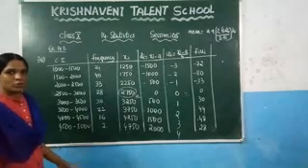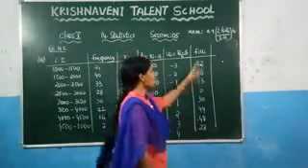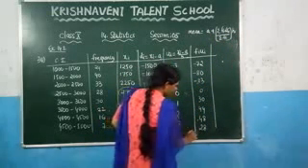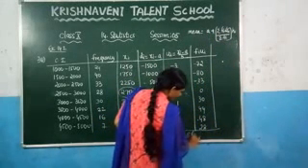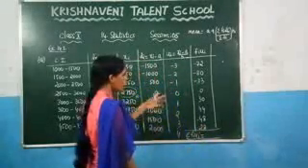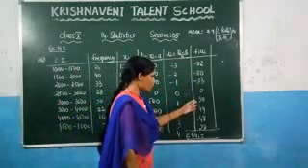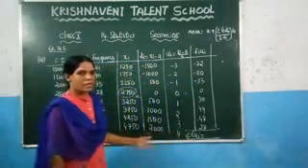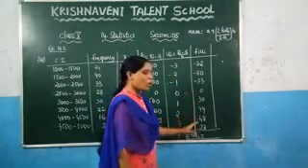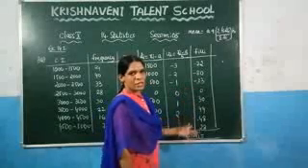Now what we need to do? We need to take the sum of all these values, because you know that sigma fi ui is nothing but the sum of fi ui. So how to add all these values? Here you can observe that you have the negative values and you have the positive values. How to add? Just add all the negative values and just add all the positive values. After that, based on these two values, you can subtract those two values.